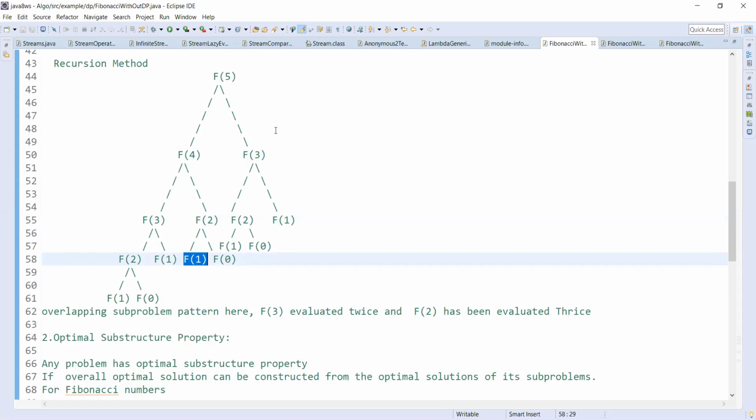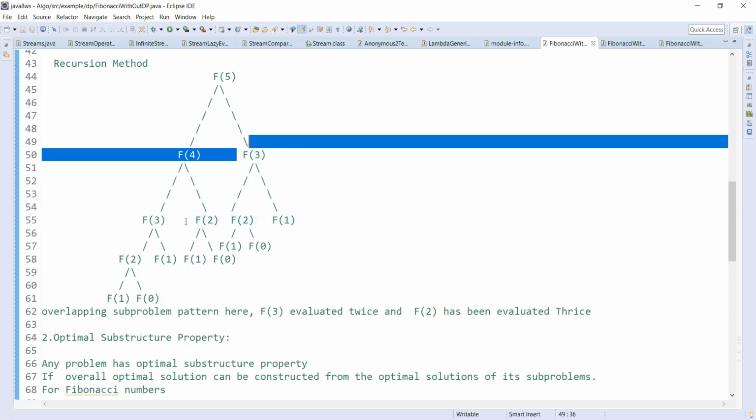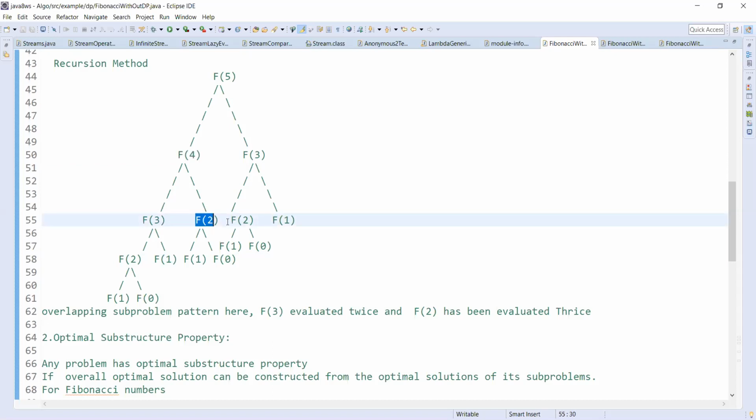If you clearly see, we are evaluating f of 3 twice here, and we are evaluating f of 2 thrice: f of 2 here, f of 2 here, f of 2 here. So can we optimize the solution by using some technique such that we can avoid computing duplicates?